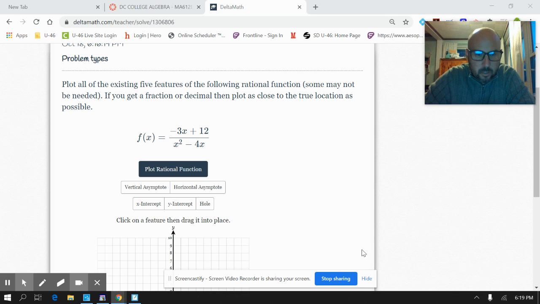Hello, everybody. Continuing on with rational functions, we got a good one today. So here is an example from your homework, Delta Math, and you're supposed to plot this. Looking at this rational function, right away